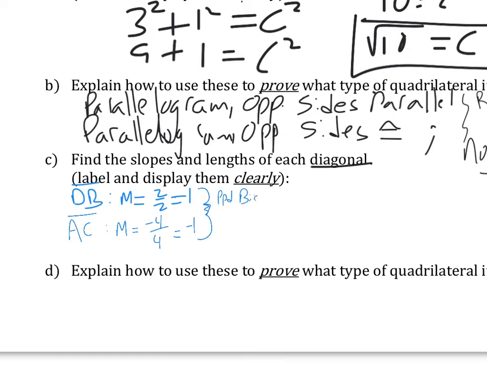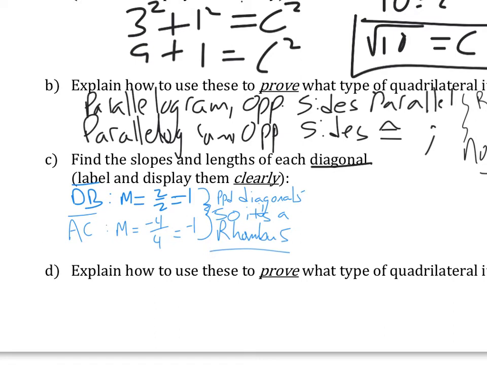bisectors, and so we have perpendicular diagonals. They are perpendicular bisectors, but let's call those perpendicular diagonals. All right, and so that means that it's a rhombus. Okay, so that's another way to prove that it's a rhombus. So it's a rhombus. Woohoo! Okay, we already knew that, but these are options. You don't have to do all these on the test, but you need to be ready to use these different